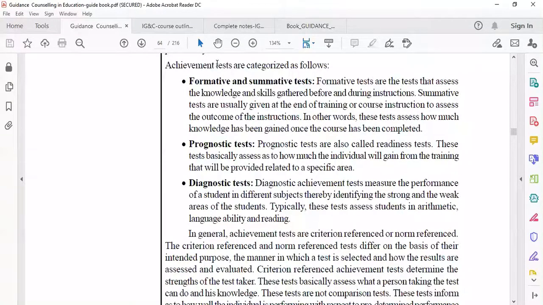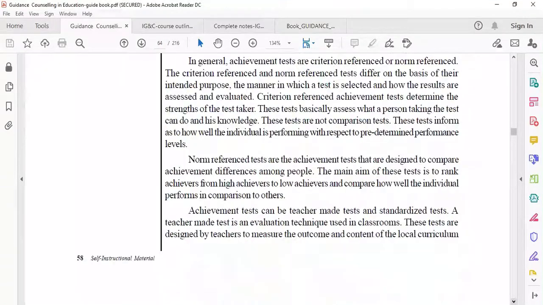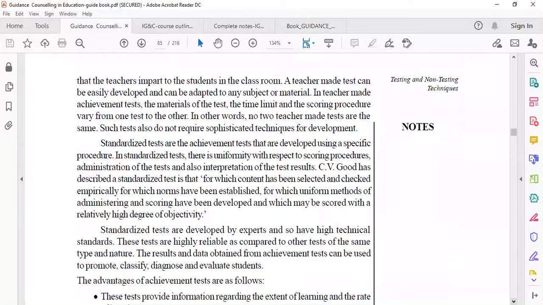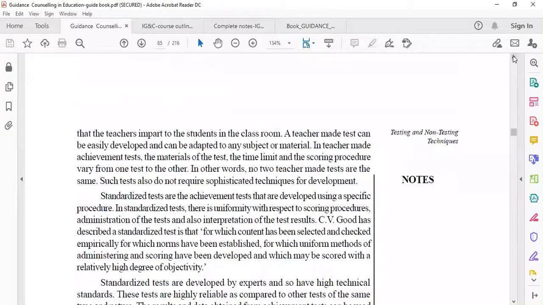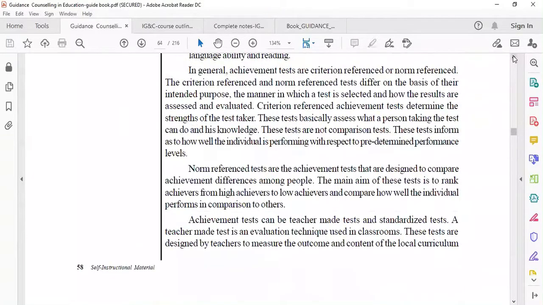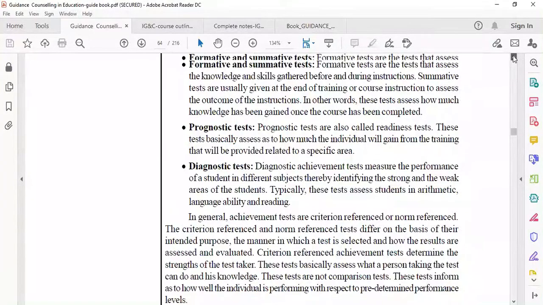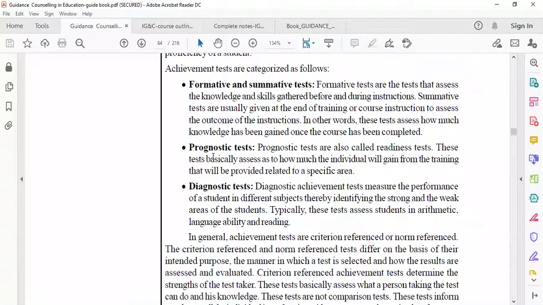These tests are conducted by the teacher to guide his students, to give counseling to his students. Suppose a student in 10th class is facing a problem in mathematics, then you will conduct a diagnostic test to find out why he is facing the problem, where his weaknesses are. Likewise, a student is very much interested to opt for the engineering domain in college. Now you will conduct a prognostic test just to find out whether he is ready,